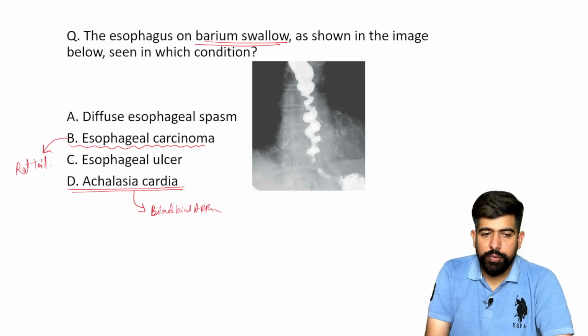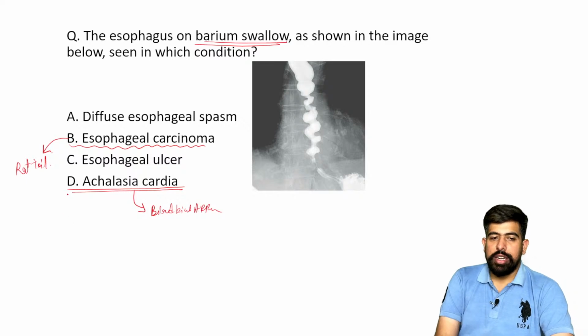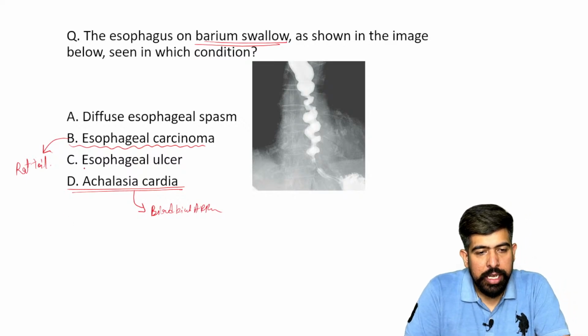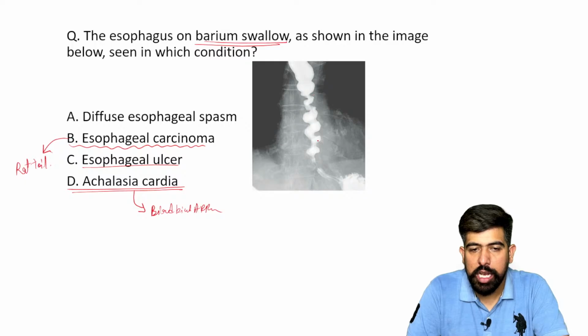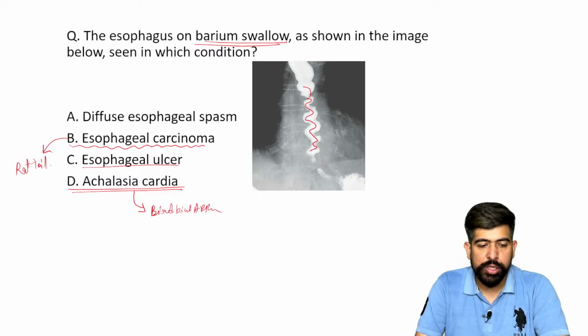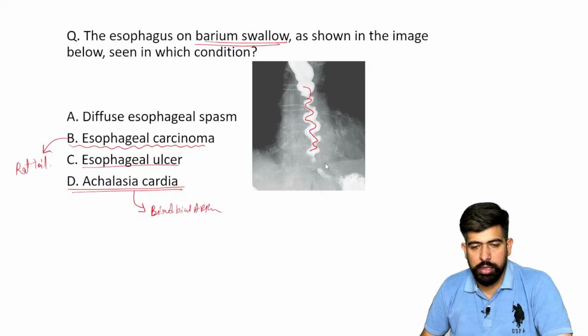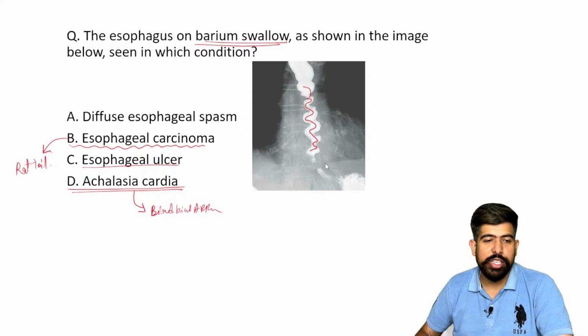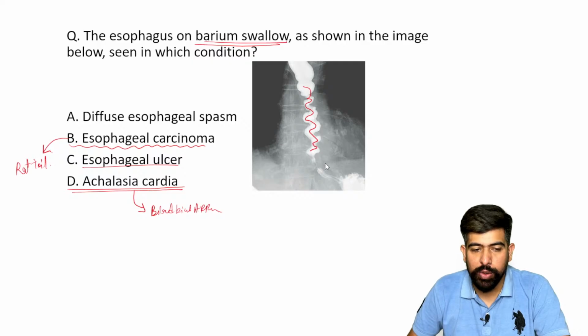Now, moving forward, the last is esophageal ulcers. Guys, please understand the ulcers will not give you such an appearance, which is the zigzag appearance. If I'm talking about it, it gives you an appearance like this, and it seems like that. I hope you saw the corkscrew. Yes, very good. Now you understand colon cancer is the apple core appearance. Okay, doctor? Now you are corrected.